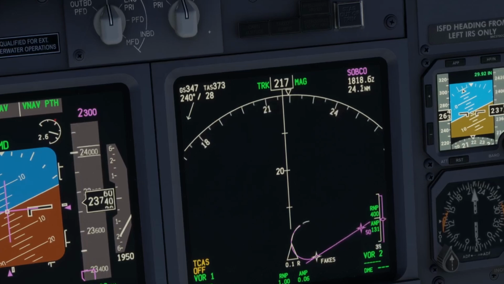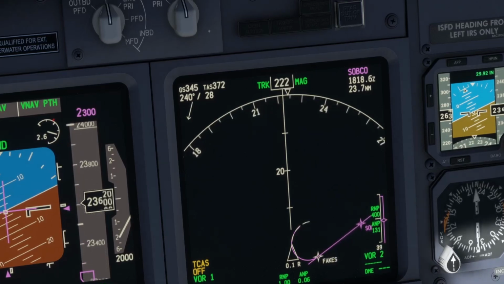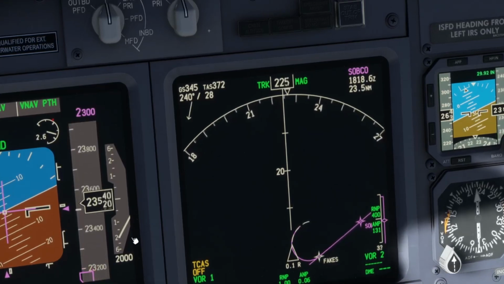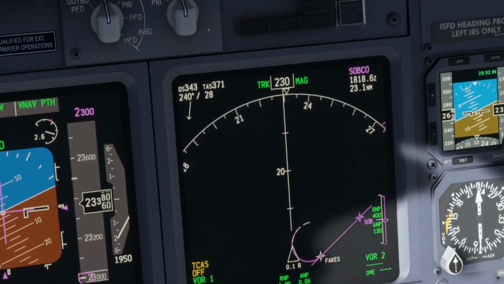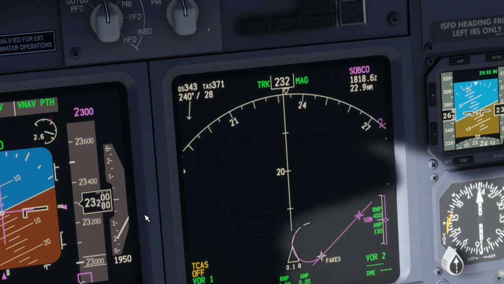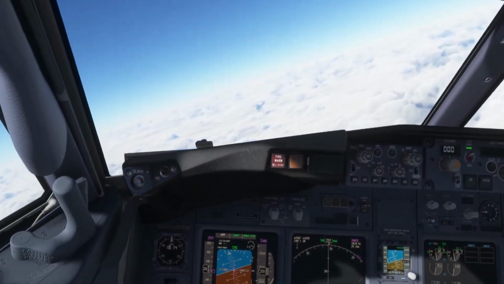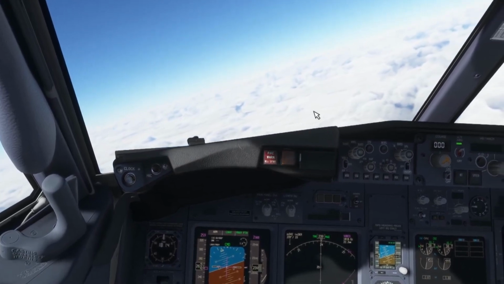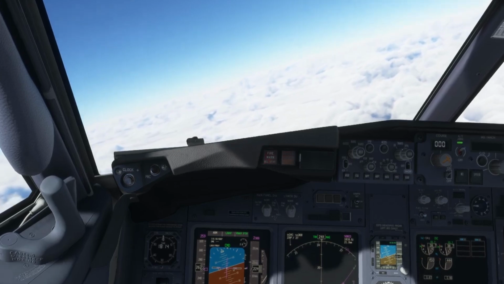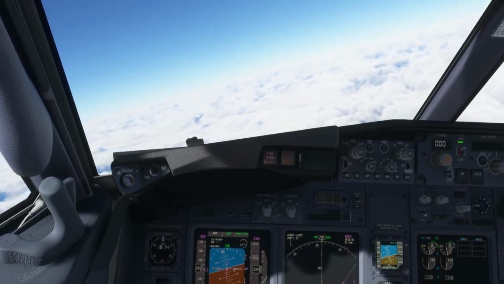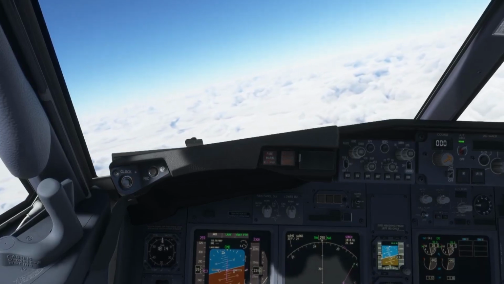And the other thing that you can see is now, because of VNAV, we're allowed to descend some 2,000 feet per minute right now, and we're holding speed. And that's because the engines and the aircraft are managing that for us. I don't understand what the difference is if you manually descend at 2,000 feet and pull the throttles back. Why does it keep on going and building speed? I don't know why that is, but for some reason, if you use VNAV, it's capable of doing that. Anyways,